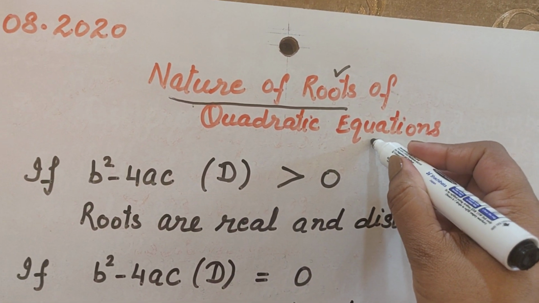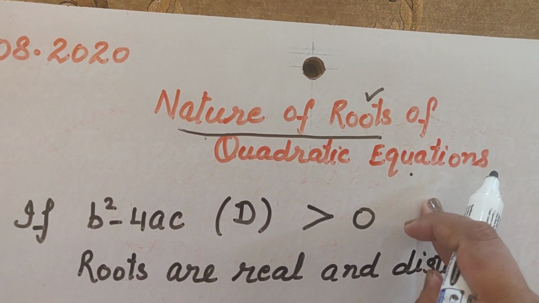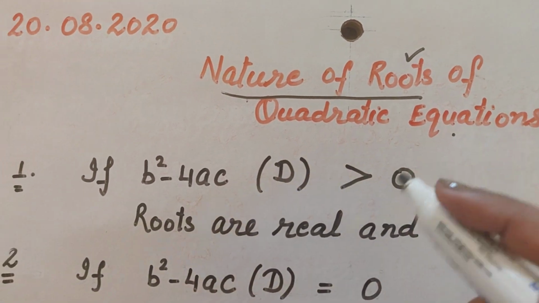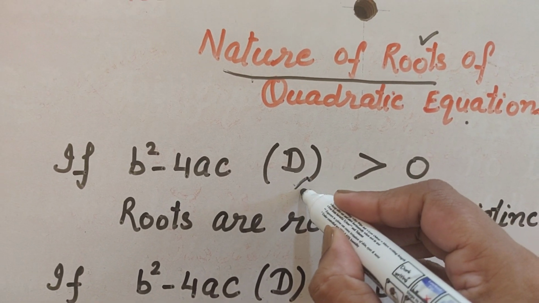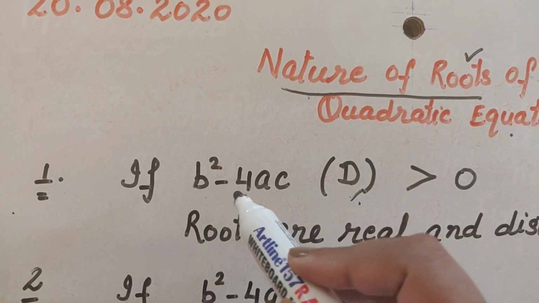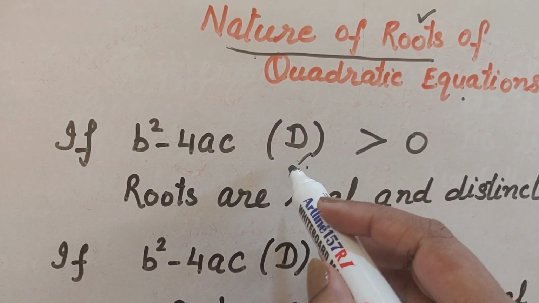of the quadratic equation. Now children, how can we decide what is the nature of the roots? What type of answer are we going to find? This is by finding D, that is discriminant. You may call it discriminant or you may simply call it b square minus 4ac. Same thing, b square minus 4ac or discriminant.